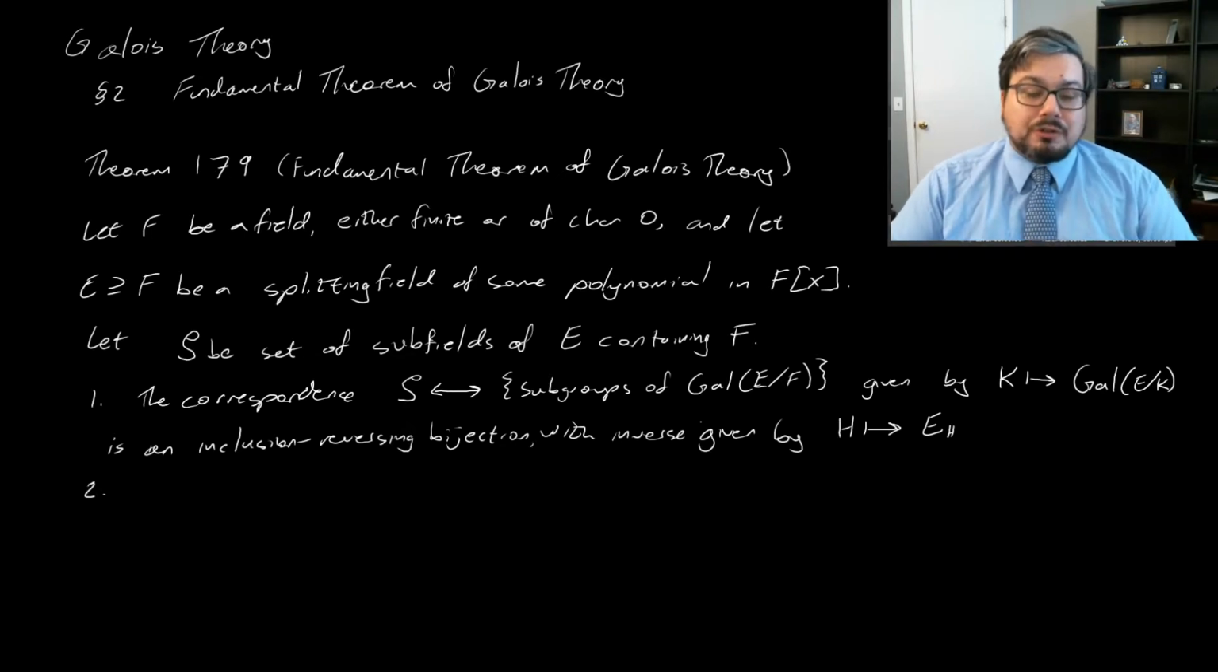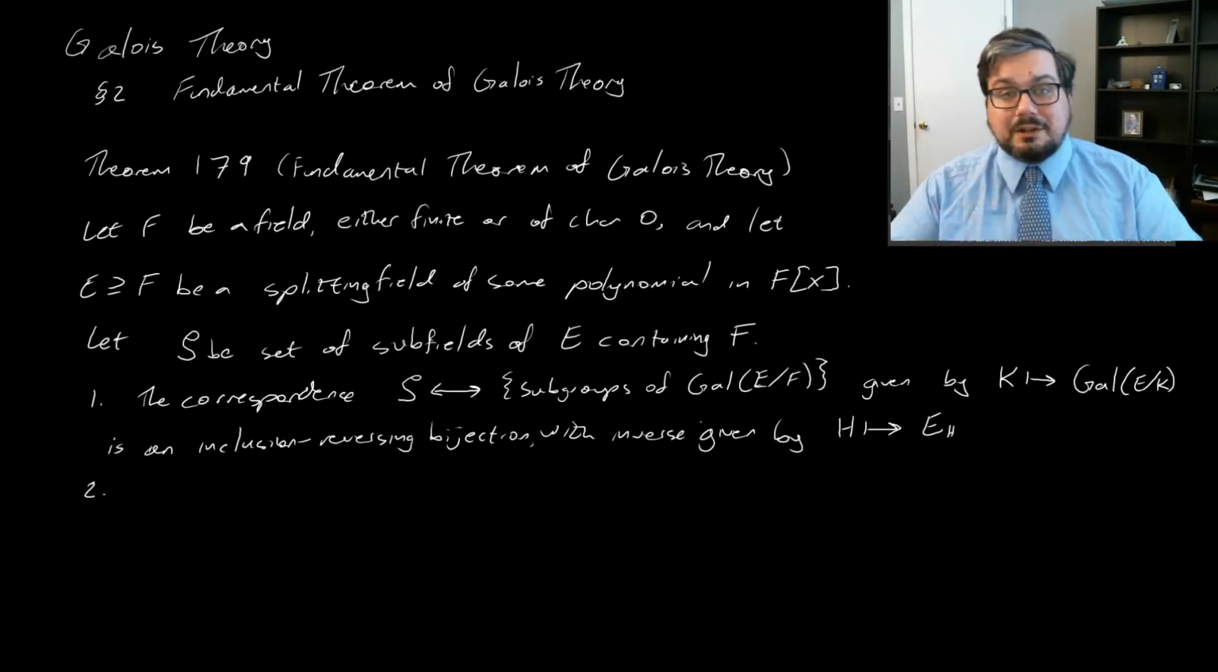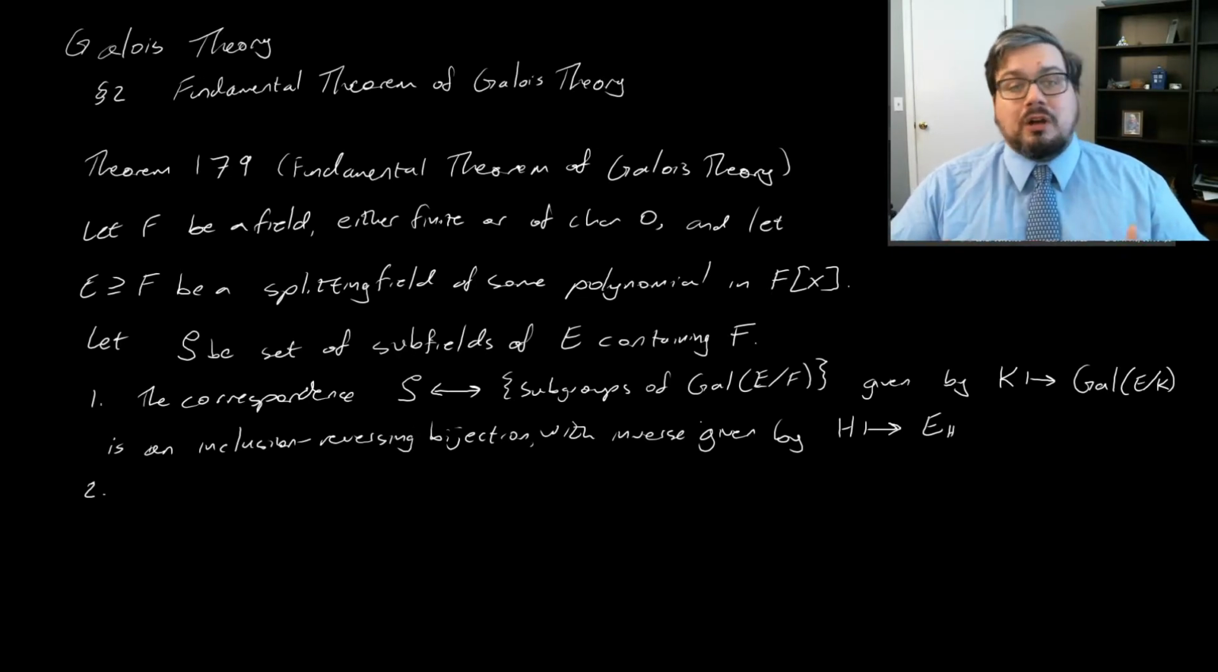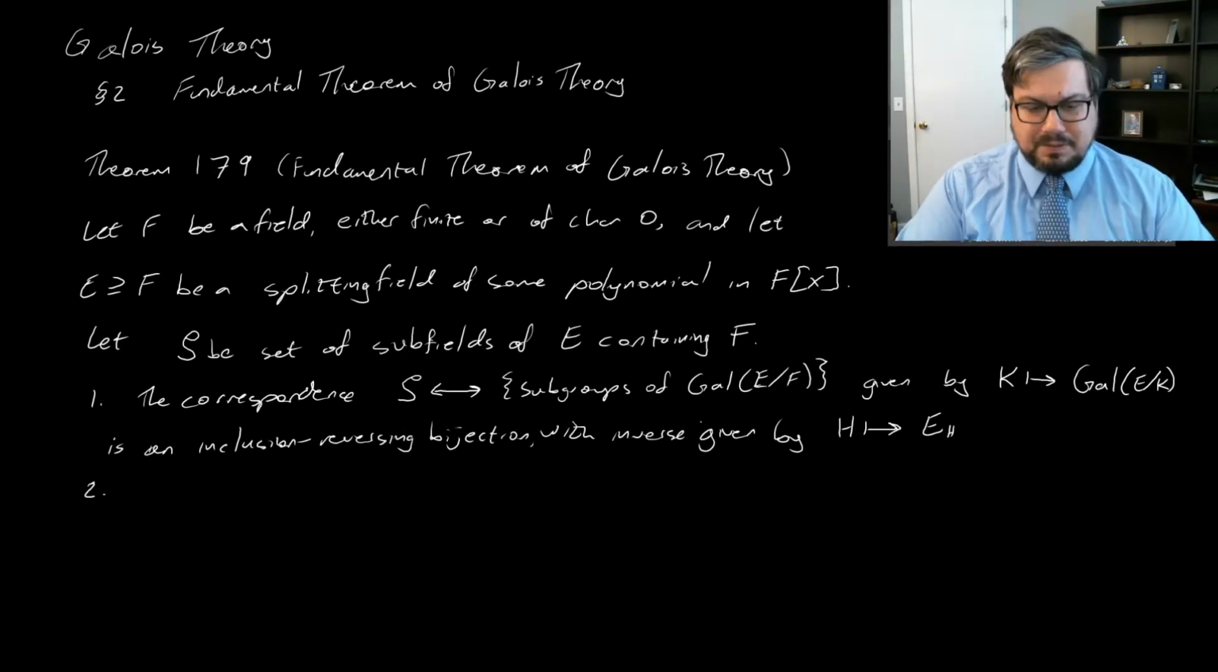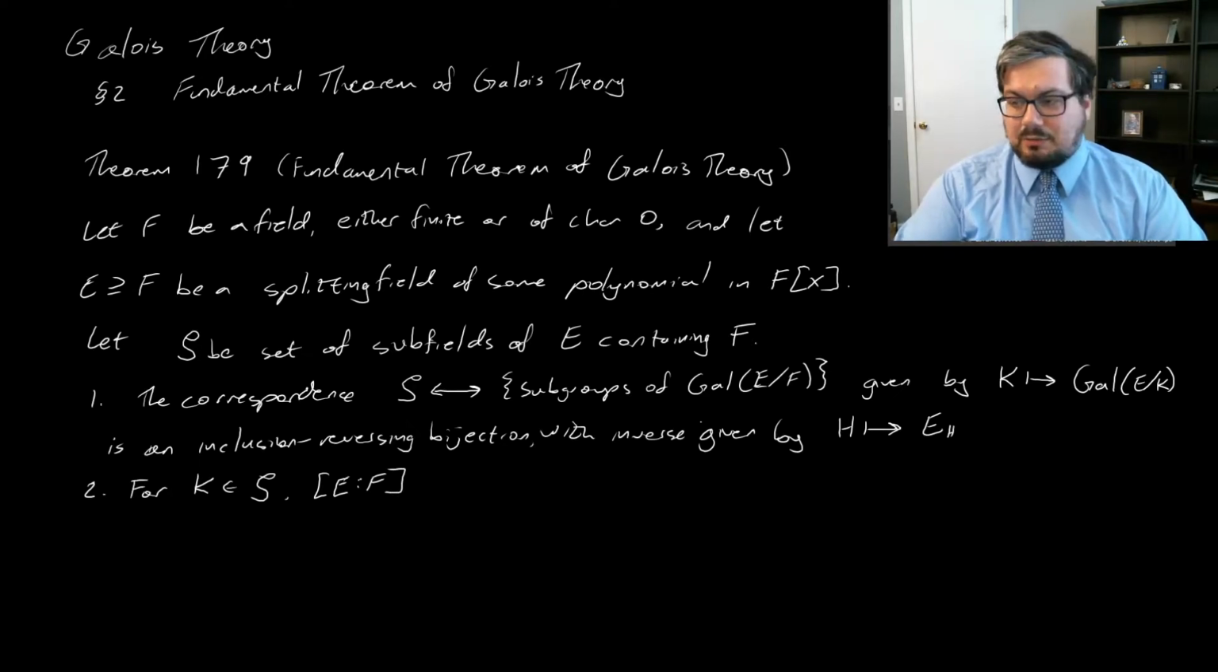Now, we can go further. We've got various ways that we can measure things. We can talk about the index of a subgroup inside a group. We can talk about the order of a finite field extension. And the point is that these match up according to this correspondence. So for any K in S, we have that the order of the field extension E over K